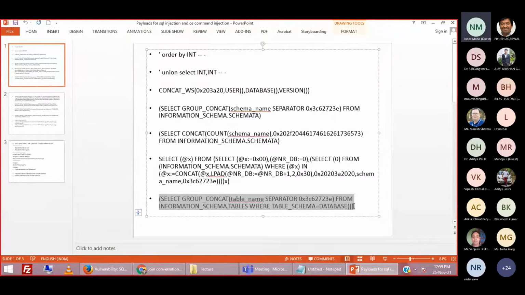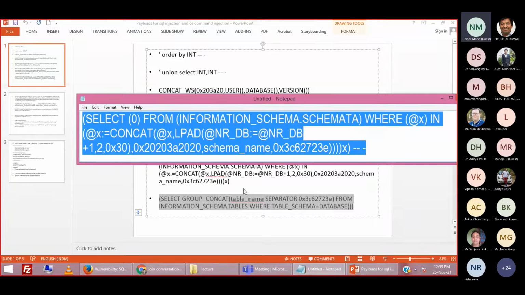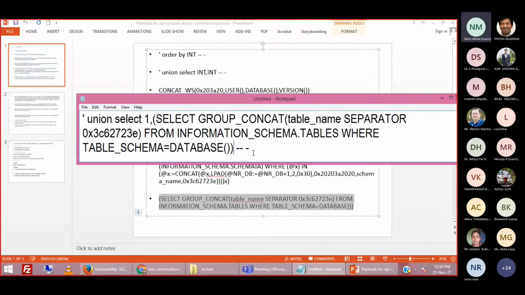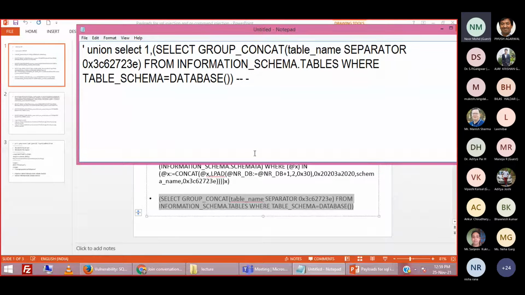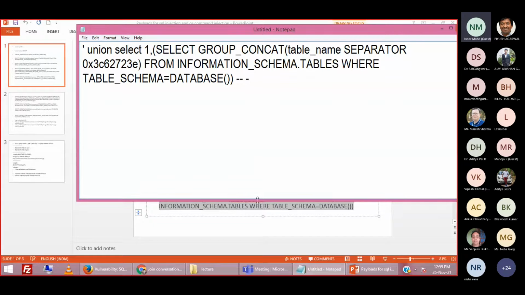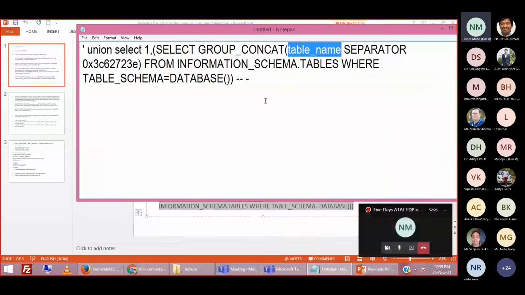So till now we have extracted the database names for all the databases, the count, right? Now we are going to use a different payload. Just see and tell me what this payload is going to extract by reading it. By just seeing this payload, can anyone guess what information we are going to extract? We are group concatenating. What information are we trying to fetch? Yes, participant. It is fetching table names.